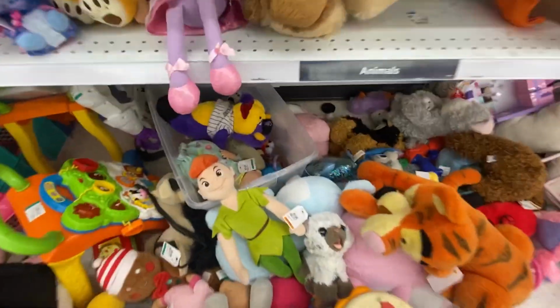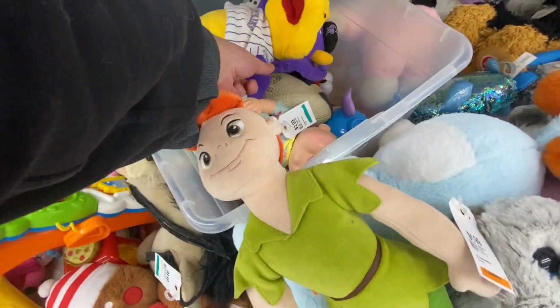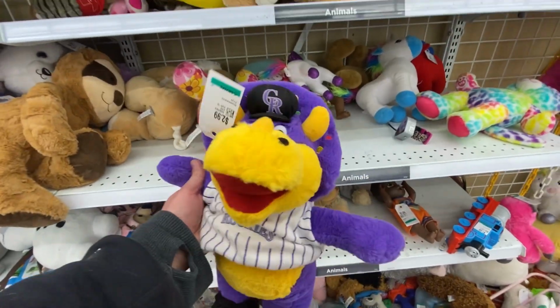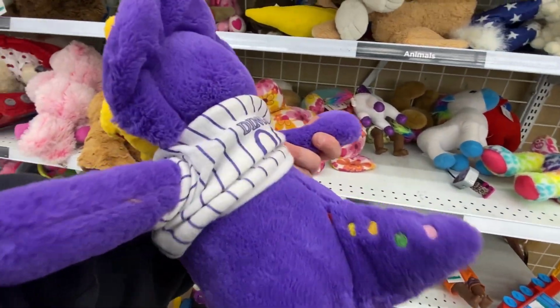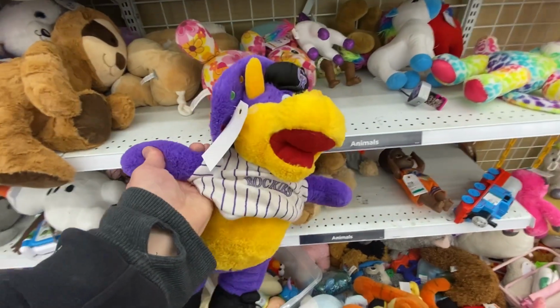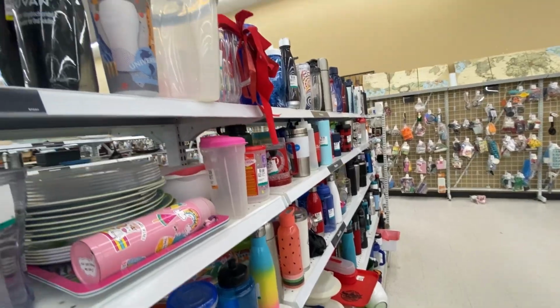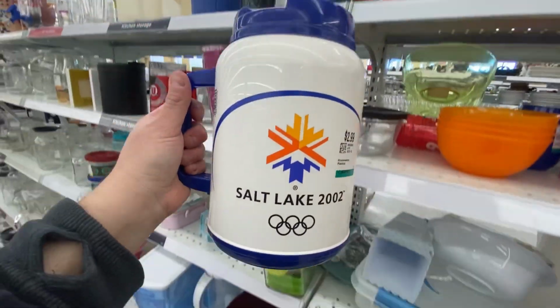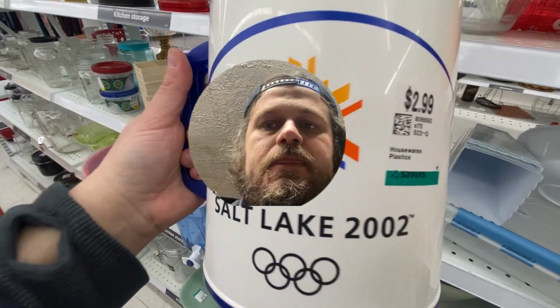Pretty solid. Here is a plush. I was thinking about that Peter Pan one, but it had some issues with it. But this is Dinger. He's the mascot for the Colorado Rockies. Not super old. It's about 15 years old. I think it was $3, $4, and I should get around 15 plus shipping on it. If you thrift in Utah at all, you see...